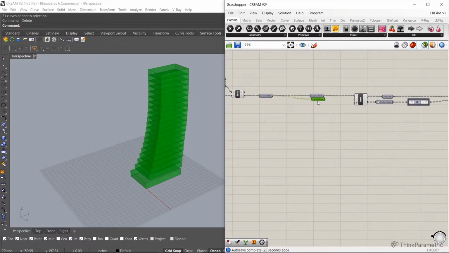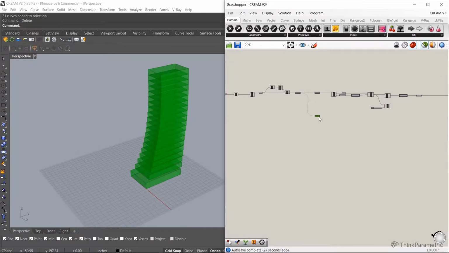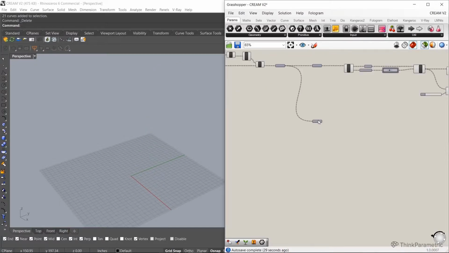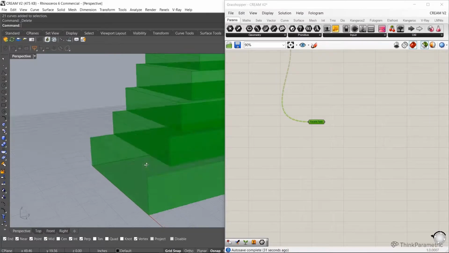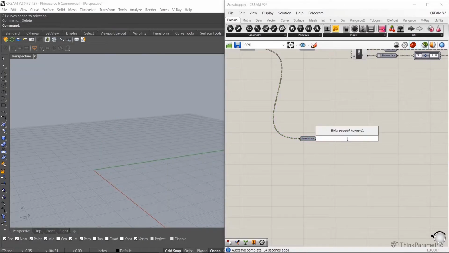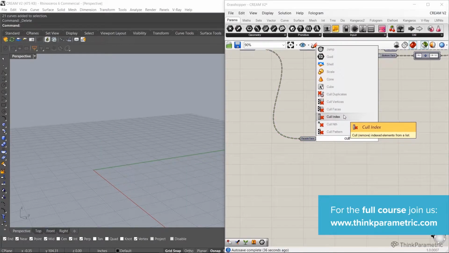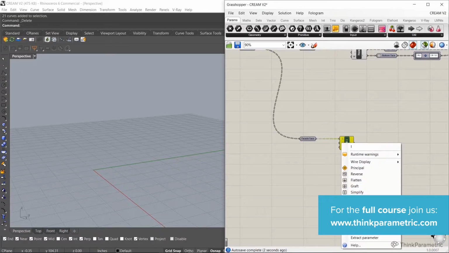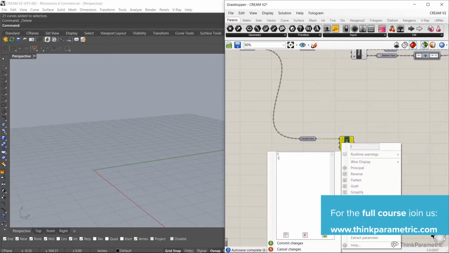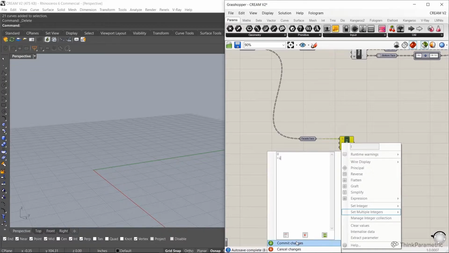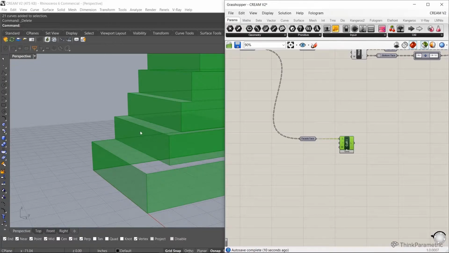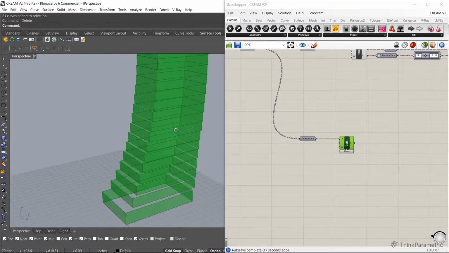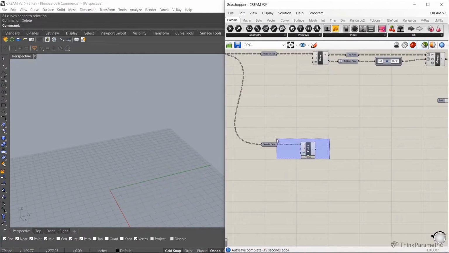So that's our facade. So now the next part, which is the critical part, is the facade, right? And so we're going to take the faces that we have, and we're first of all going to cull away. We are going to cull by index, and we want to get rid of the first and the last item in our list. That way we are just dealing with the vertical faces of our boxes, which is essentially our facade.